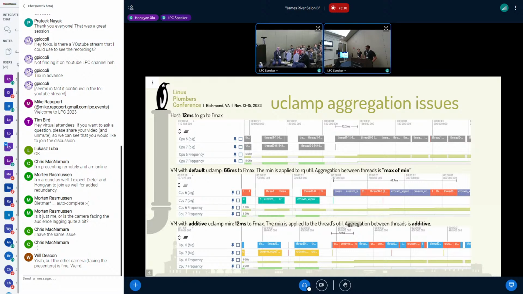The patches you sent out should work if you're using a DT-based system or a system where you expose the CPU frequency to the host. So if you have ACPI where the actual frequencies are exposed to the host and it doesn't use schedutil on the host side, then these patches wouldn't work. Otherwise, you should be able to just apply these patches. Just go look at V3. That's all the details. For uclamp additive, we don't have it, but we'll happily send the patch soon.